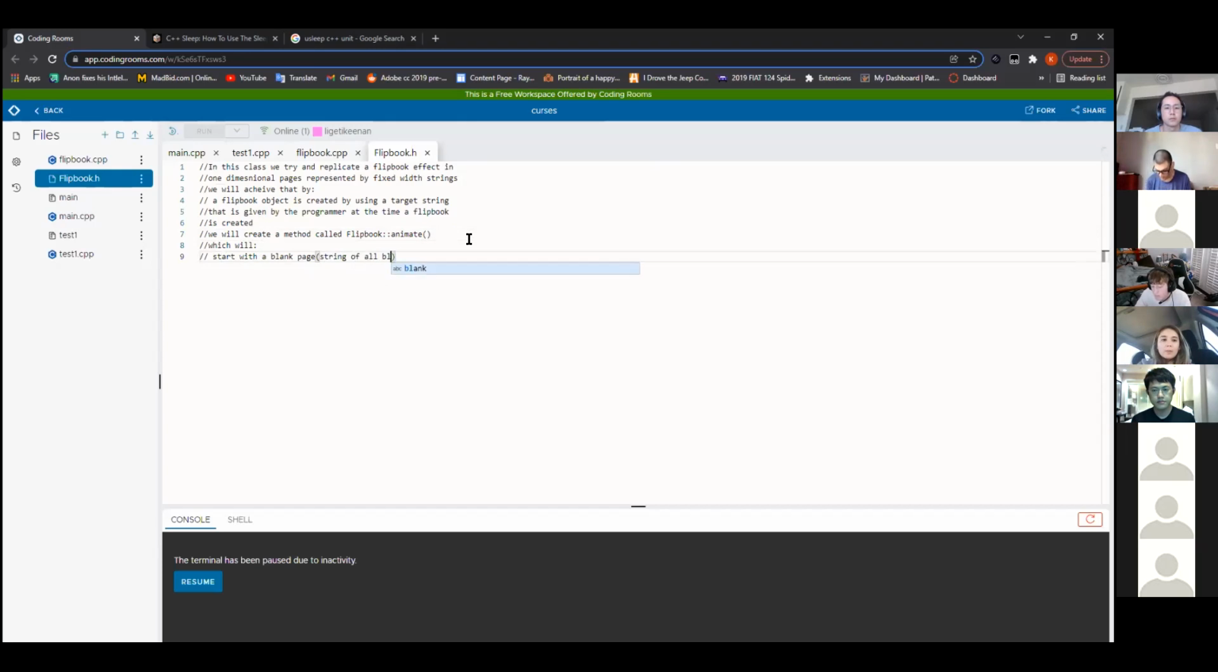Print it, then sleep for 50 milliseconds, or 50,000 microseconds, however we do that, right? Sleep for 50 milliseconds. Then morph the empty page to